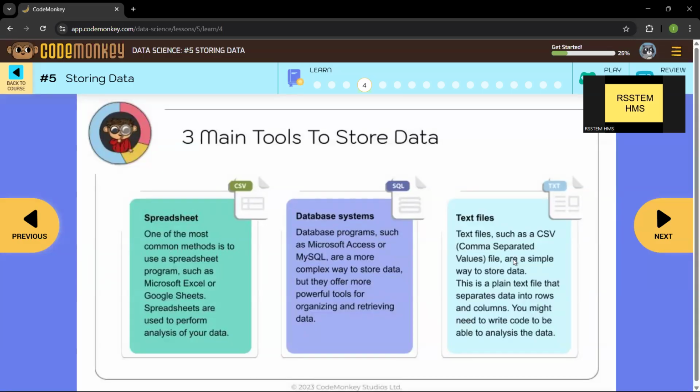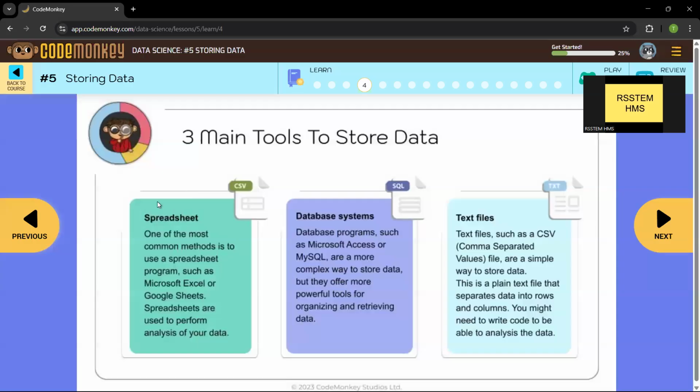For example, CSV files, say, comma separated value files, is one example of text files. So what text files will do is they are just plain text files that separate data into rows and columns. Spreadsheets also store data in the form of rows and columns, I'll get into that later in depth.